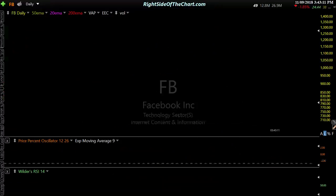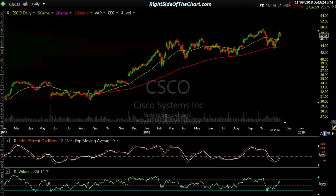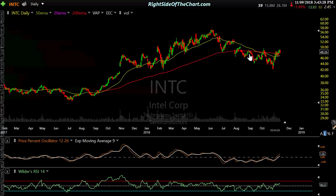And the more market leading stocks, here's Facebook. We already have a death cross in play with the 50 crossing down below the 200 day. And I'm just going down the line in descending order of market cap. Cisco, not yet. Intel, we already had a death cross, a bearish crossover there between the 50 and 200, and we're